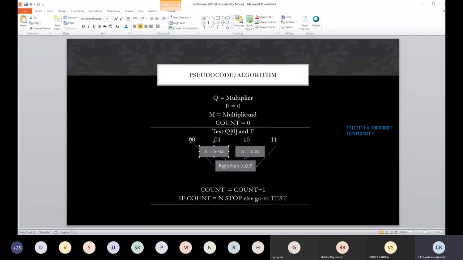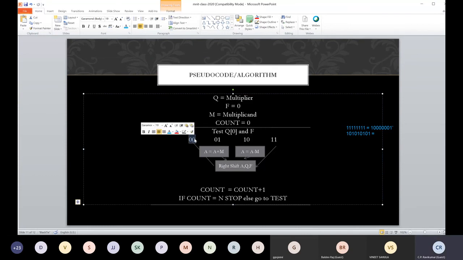As human beings, when we see a 0,0, we'll simply drop this add and directly go here, so we are saving ourselves some time. But in a sequential logic, which is a clock logic or a synchronous logic, we will not be able to get that advantage.